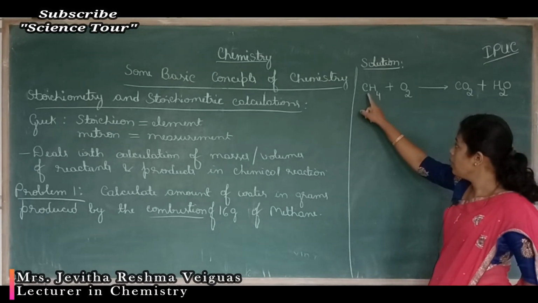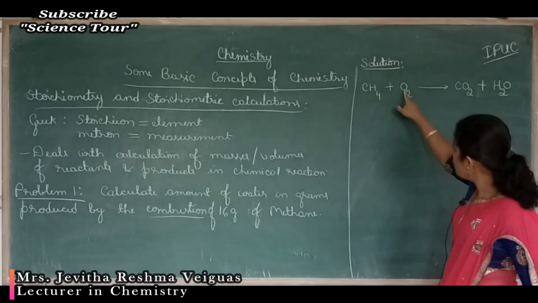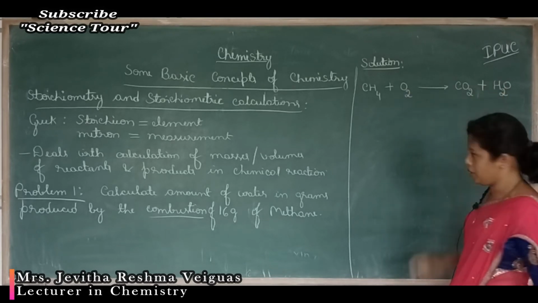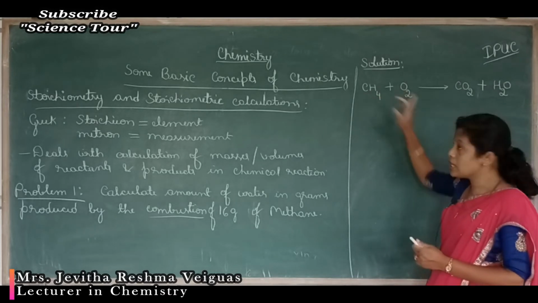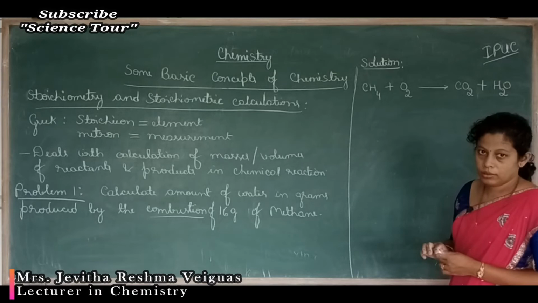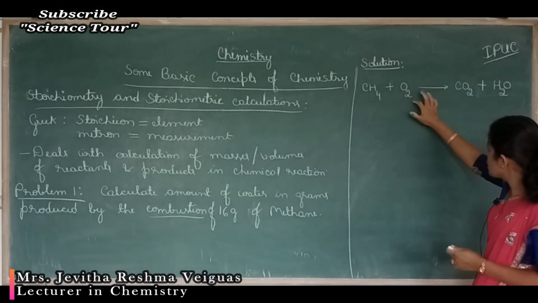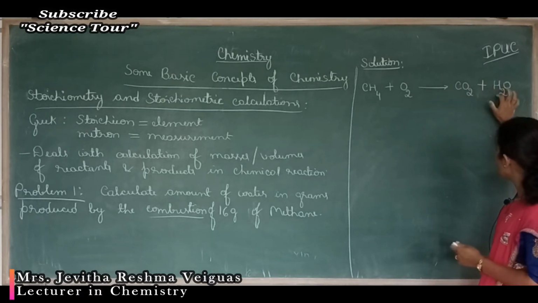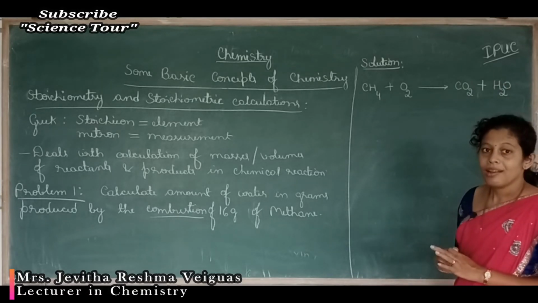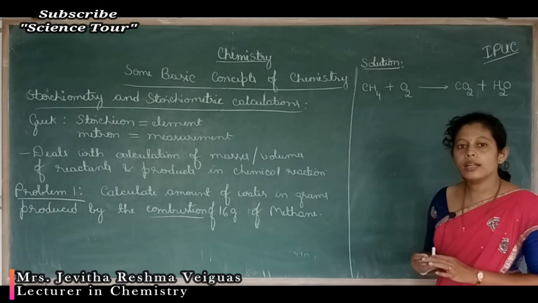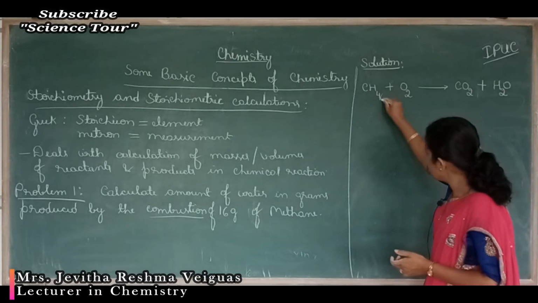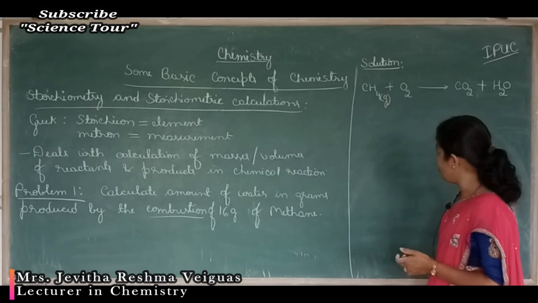Always remember, a hydrocarbon, whenever it undergoes combustion, gives two products: carbon dioxide and water. CH4 is a hydrocarbon because it contains carbon and hydrogen only. So whenever it is burnt in air, it gives the products carbon dioxide and water. Now first, let us write physical states for these. You are burning methane, which is a gas, so I'll write G.